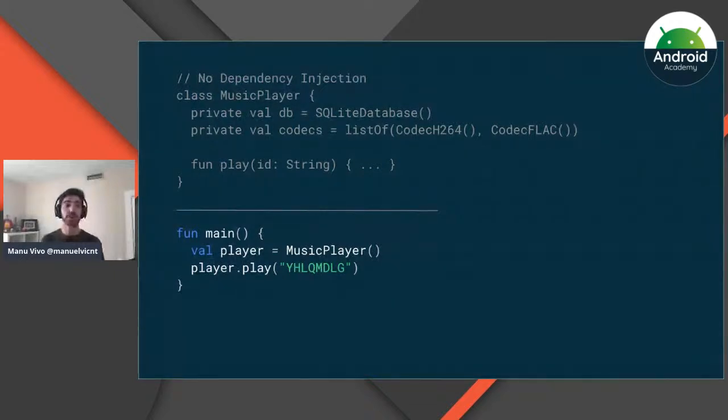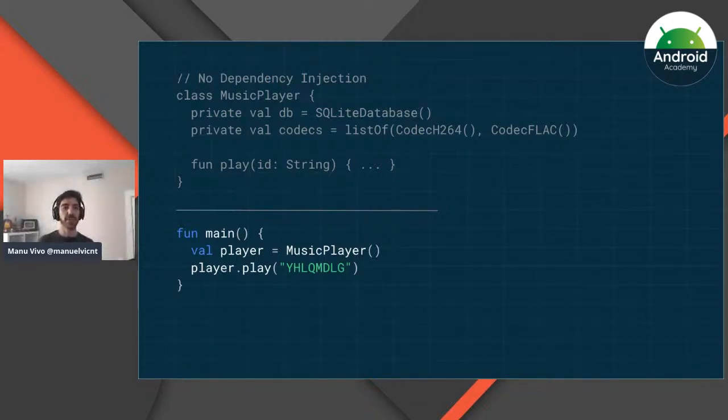While this might seem very simple and easy to use, it has a lot of problems. For example, you cannot reuse this music player with, let's say, another database of music or with any other codecs. You will have to change the music player, and it's not really reusable. Also, this class cannot be easily tested. This is because everything is hard-coded, and in case you want to pass in, for example, an in-memory database, you won't be able to do that. And also, it will be more difficult to refactor because at first glance, you don't know what's going on inside the class. Imagine that the class has, I don't know, 1,000 lines of code there, and there's no way you can refactor it into smaller pieces.